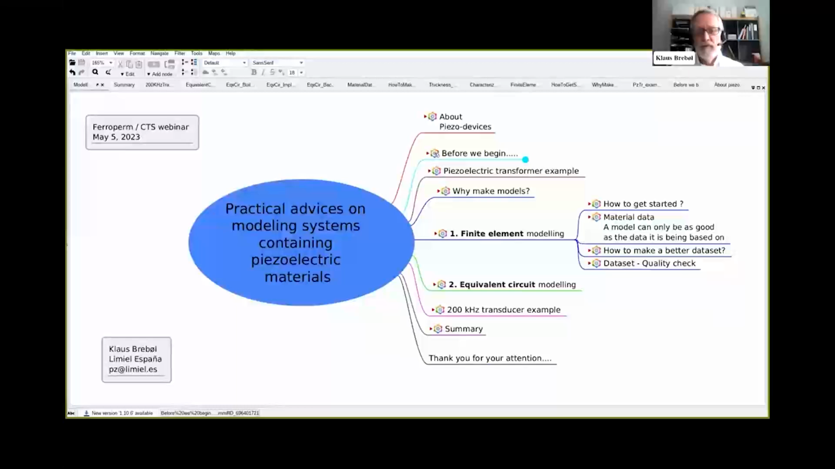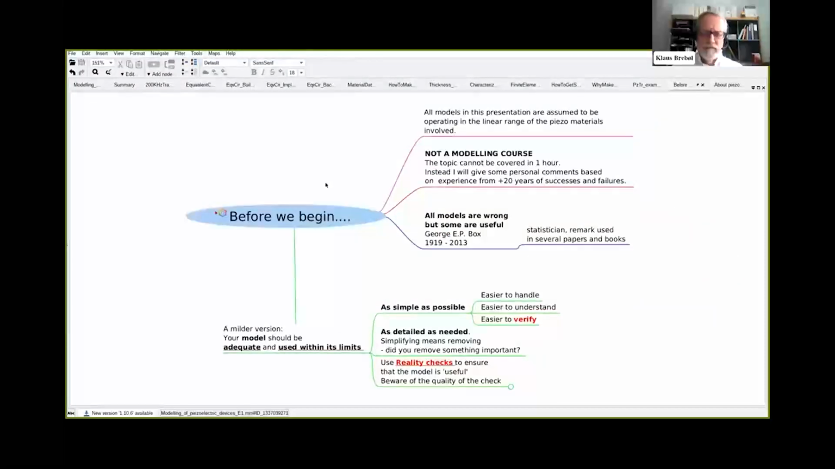But before we begin talking about modeling, I'll just mention that all models in this presentation are assumed to be operating in the linear range of the piezo materials. And this is not going to be a modeling course because the topic cannot be covered in just 1 hour. Instead, I will give some personal comments based on my experience from more than 20 years of successes and failures. You'll learn a lot from them. And let me begin by